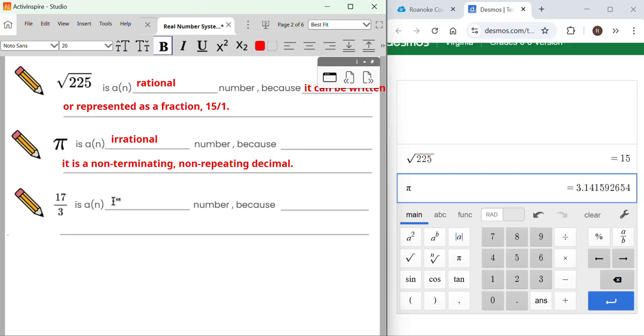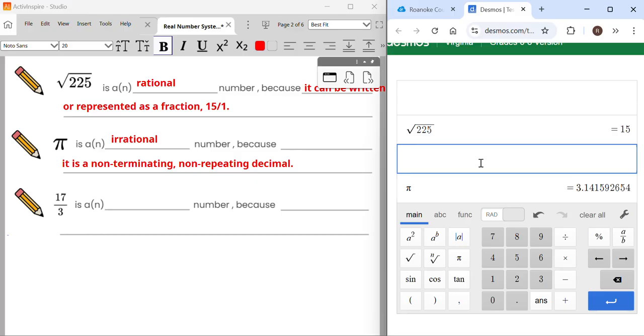All right. So what that means is when you put pi into your calculator, you notice 3.141592654, it stops there only because your calculator runs out of room to keep printing digits of pi. But we know that pi goes on forever and ever and ever, and it never stops, never repeats. That is why it's irrational.